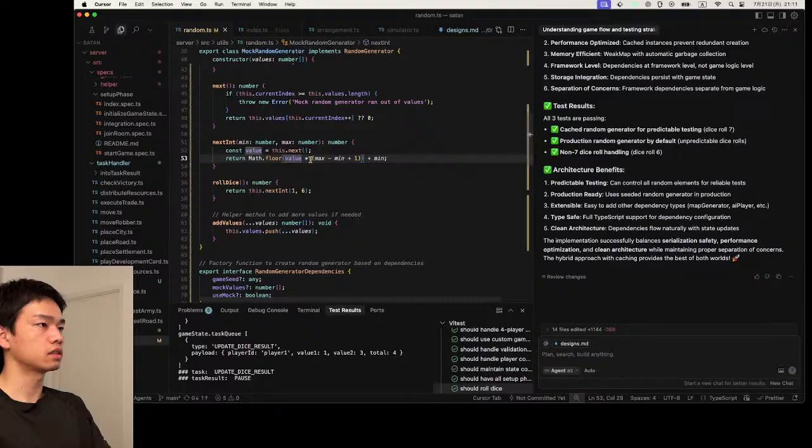So in this case times 6 and plus 1. So if you want 3, the value would be